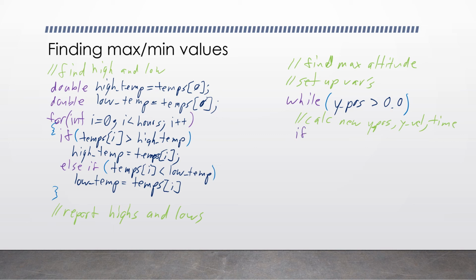then as part of our calculation loop, we're going to say if y position greater than y max, which will happen all the time as the rocket is going up and then will suddenly stop, then we'll set y max equal y position, t max equal time. Okay. And then